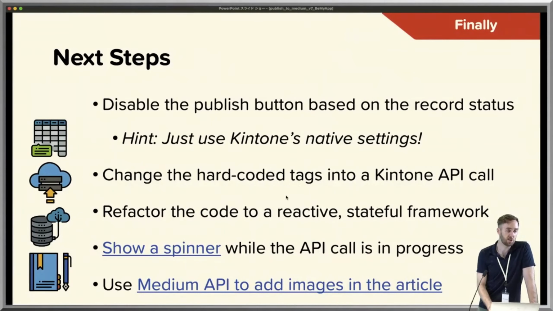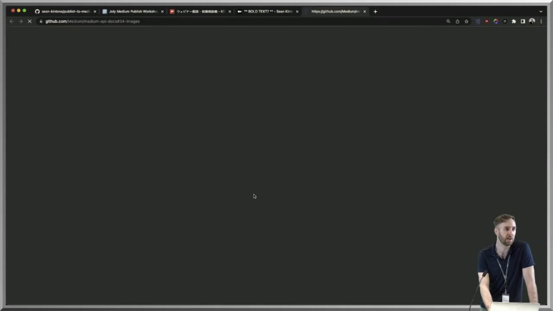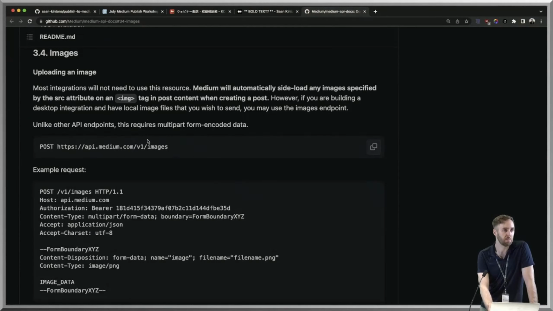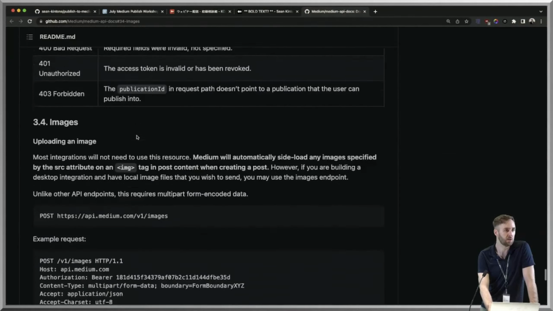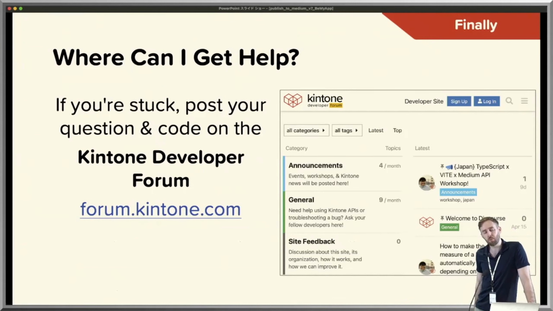You can change this into a React app, totally. It's definitely doable. And you can use that reactive framework to show a spinner while you're publishing or add some images into the article, which uses a different API if you go check out the medium.com API documentation. And if you are stuck or if you have more questions about the Kintone side of things,